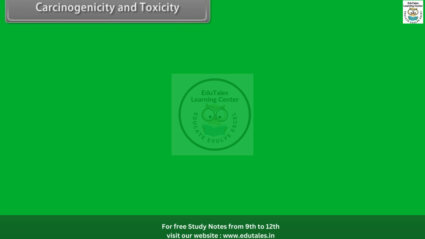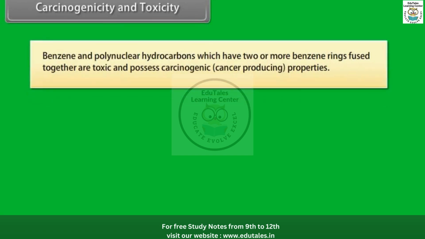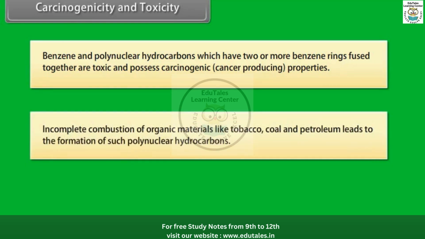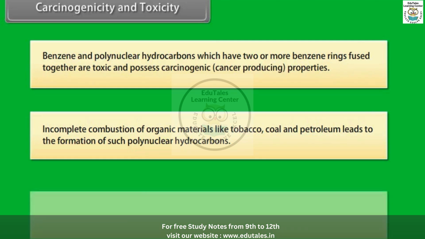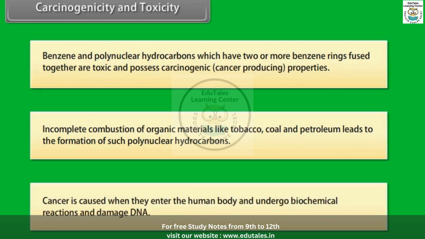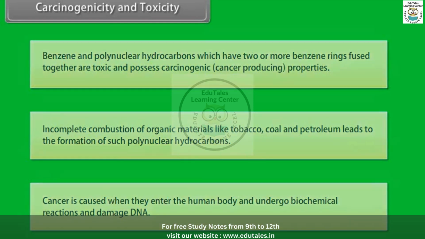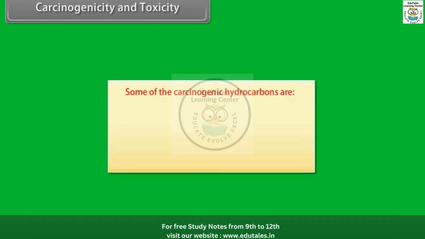Carcinogenicity and toxicity. Benzene and polynuclear hydrocarbons which have two or more benzene rings fused together are toxic and possess carcinogenic or cancer-producing properties. Incomplete combustion of organic materials like tobacco, coal and petroleum leads to the formation of such polynuclear hydrocarbons. Cancer is caused when they enter the human body, undergo biochemical reactions and damage the DNA. Some of the carcinogenic hydrocarbons are